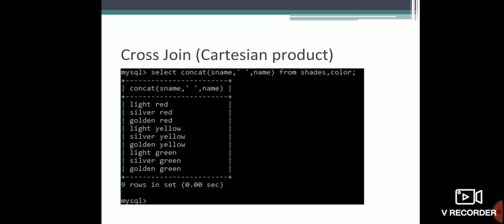If you want to concatenate two columns, like sname and name, I don't want to keep them in different columns, so I'll use the CONCAT function. SELECT CONCAT(sname, ' ', name) FROM shades, color. I have given one space there.